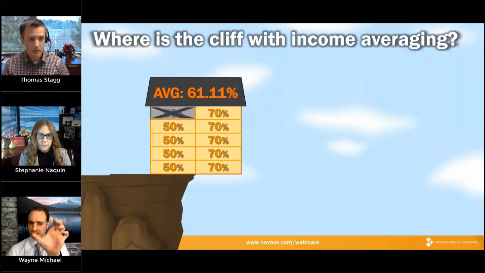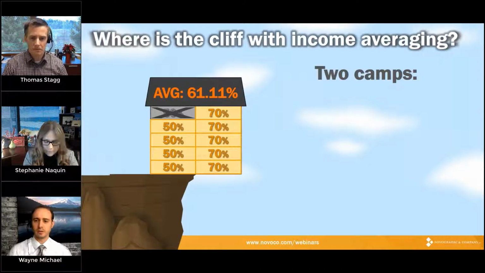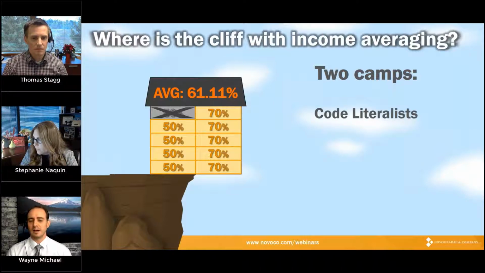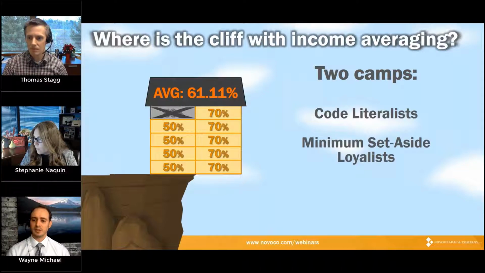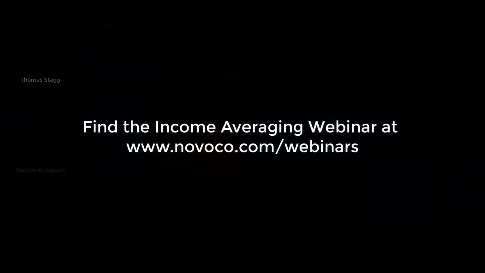It's that average that I think people are feeling uncomfortable with. There are really two camps when it comes to the minimum set aside. And this is, doomsdayers are kind of not in this conversation. I'm doing my best to kind of dismiss that doomsday thought. But that leaves us with code literalists and then minimum set-aside loyalists. And it's kind of an interesting phraseology that